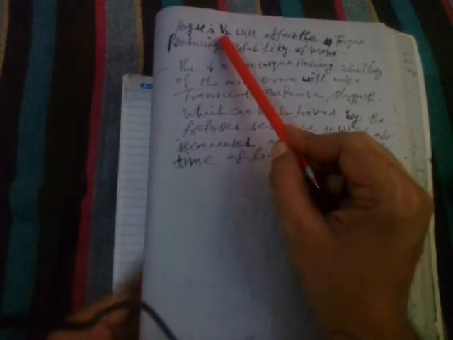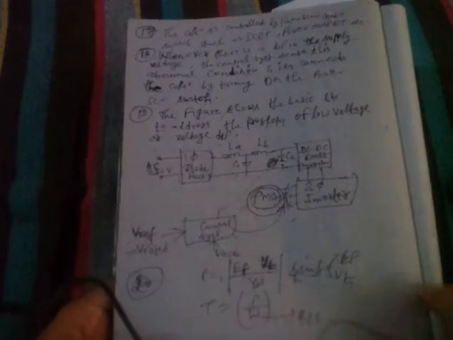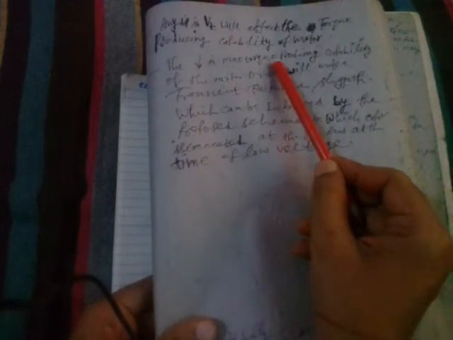So you see that any dip in the terminal voltage VT will affect the torque producing capability of the motor. Any dip in the terminal voltage will affect the power, and power will affect the torque producing capability of the motor. So the decrease in the maximum torque producing capability of the motor drive will make the transient response sluggish, right? Which can be improved by the proposed scheme in which the capacitor is connected to the DC bus